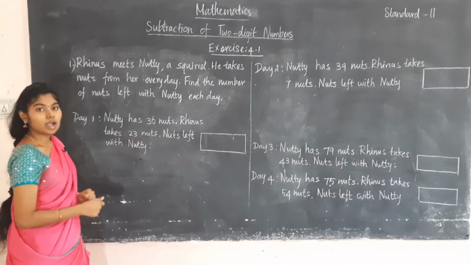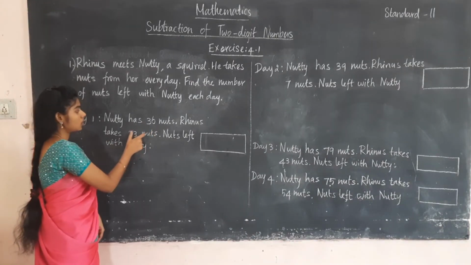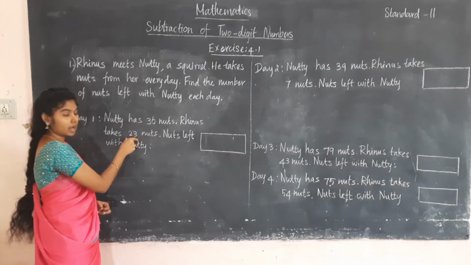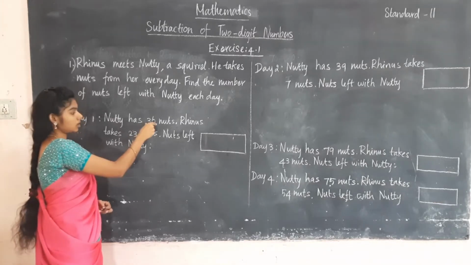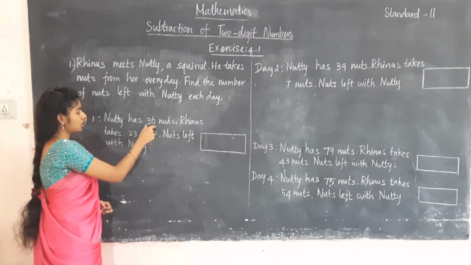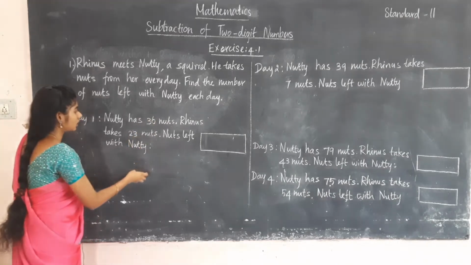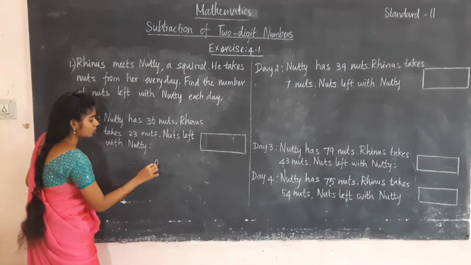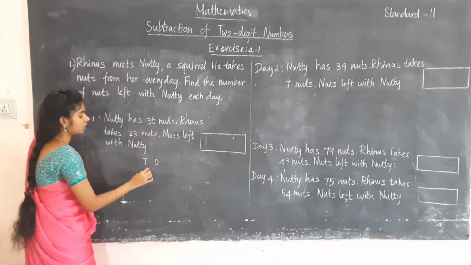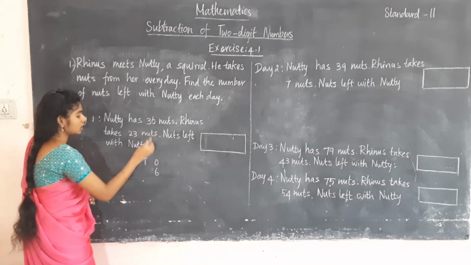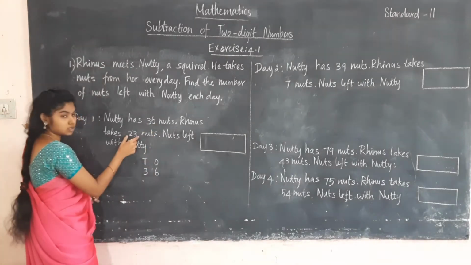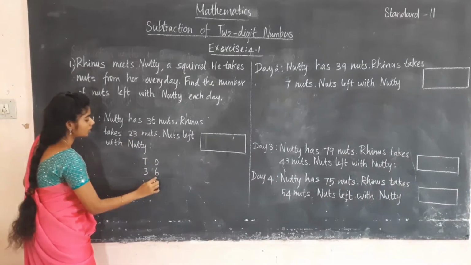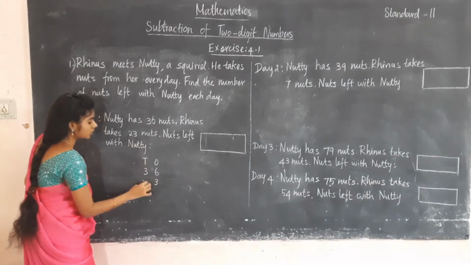So to find that, what we have to do, we have to subtract these numbers. So we have to compare these two numbers. What are the numbers? 36 and 23. So we are going to subtract. This number should be subtracted from the first number, that is 36. So this is the smaller number. So subtract the second from the first. So write the places, up to tens: ones, tens. Then write the first number 36: 6 in the ones place and 3 in the tens place, and the next number 23. This smaller number is going to be subtracted from this number. So 3 in the ones place and 2 in the tens place.